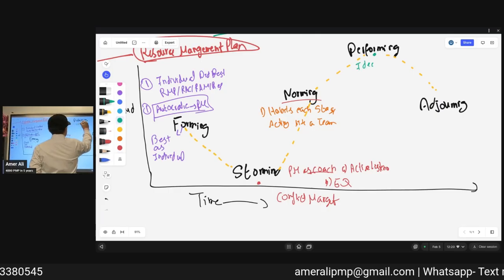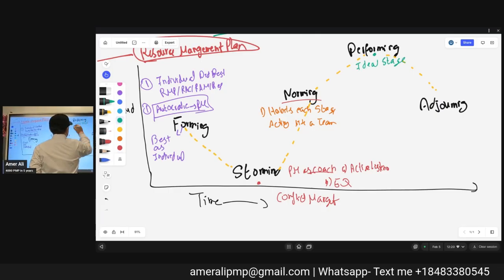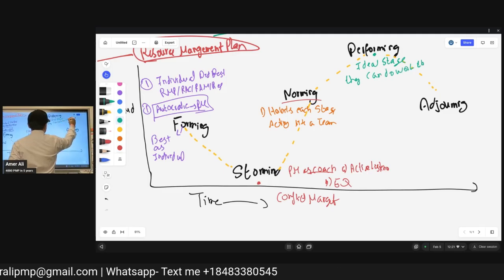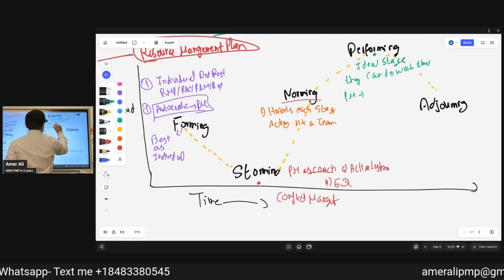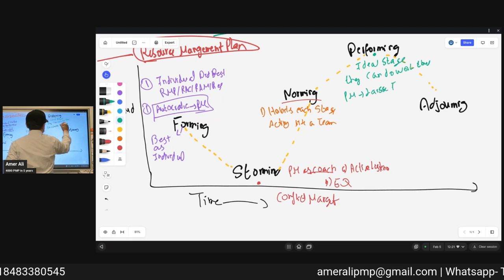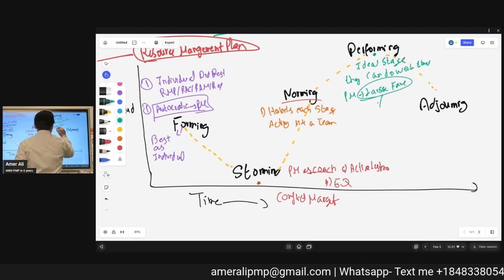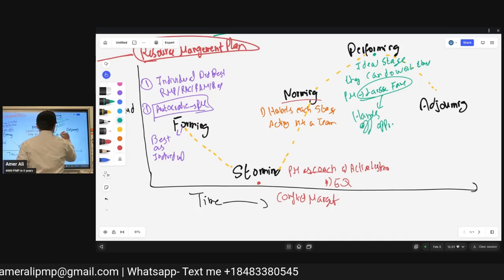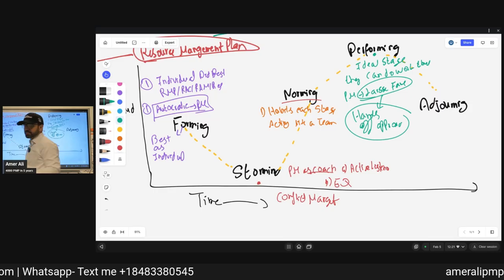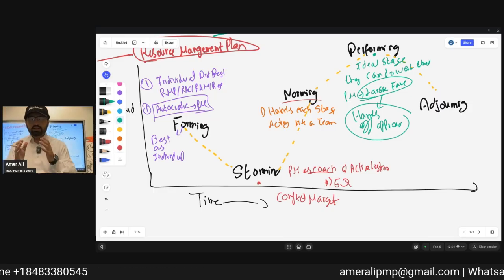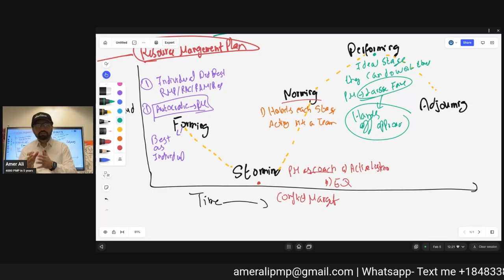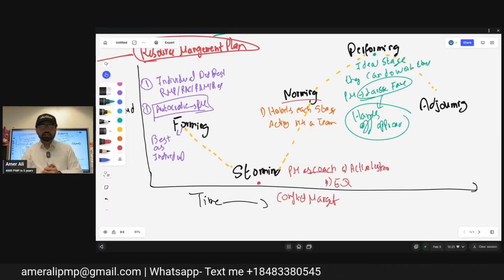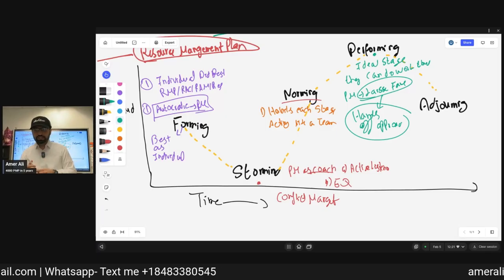Okay, finally the team reaches the performing stage. This is an ideal stage. They can do the work themselves. The project manager acts as laissez-faire, which means a hands-off approach. He is not acting day to day on their things, guiding them. No, they are taking their things themselves. They are doing everything themselves. You just set aside and let them do their things. They do best at their things.